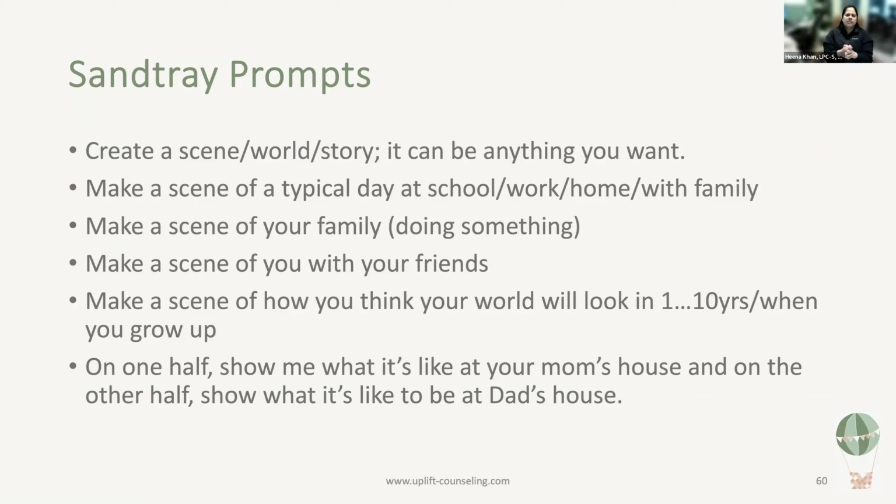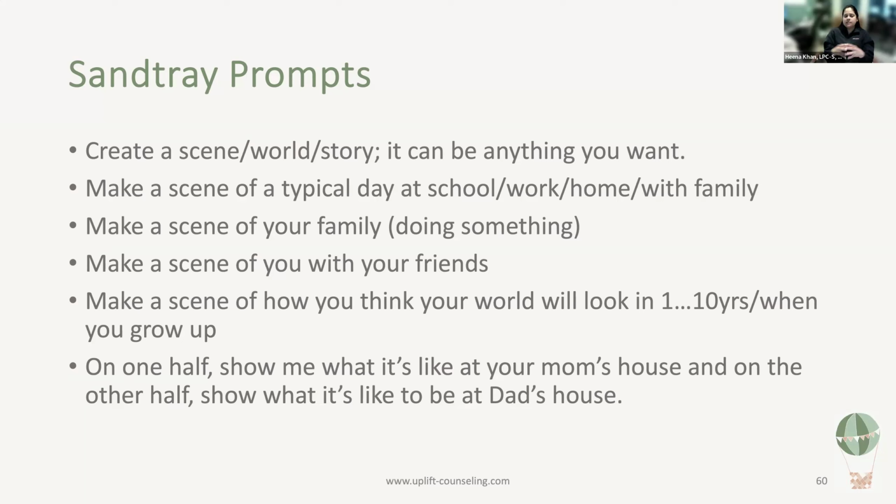And it can be anything. People are like, I don't know what to do. You can do whatever comes to you, whatever comes to your mind. There's no right or wrong way of doing this. And when people get really hung up on the right or wrong, like, wait, am I supposed to do this? If it's really getting to them, it's again very telling to me, to conceptualize how hard it is to be free flowing here, right?